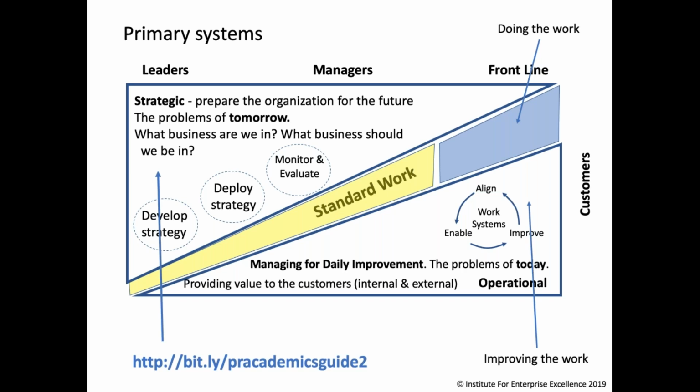The slice or the triangle in the upper left-hand corner is a topic of our white paper that we most recently wrote, the Pracademics Guide to Strategy Deployment. And if you want to reference that white paper, you can find it at that bit.ly link. The topic of managing for daily improvement was a topic of our last webinar. And if you go to that bit.ly link, you can refer to the recording there. So today's topic is really going to be around that middle piece, and specifically around the leader standard work piece